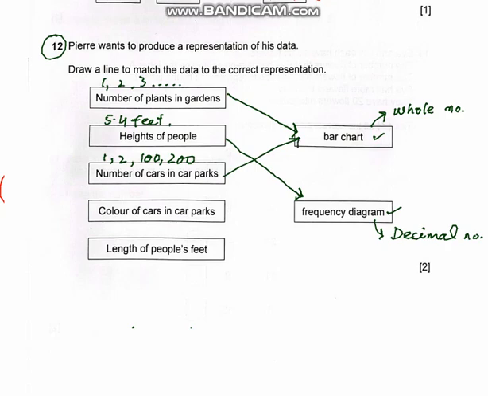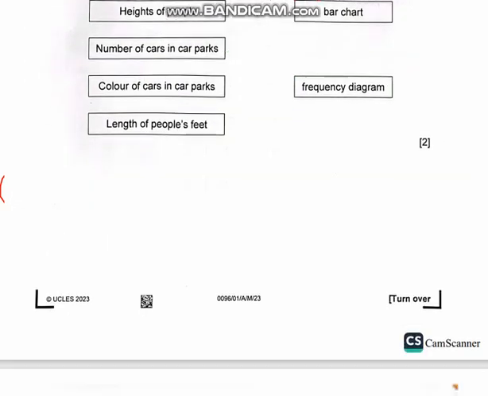Color of cars in a car park. So it can be white, it can be red. So you can say that it can also be a bar chart. Now length of the people's feet. So it can also be in a decimal, that 12.5 centimeter or something like that. So it will be a frequency diagram. So now the next one